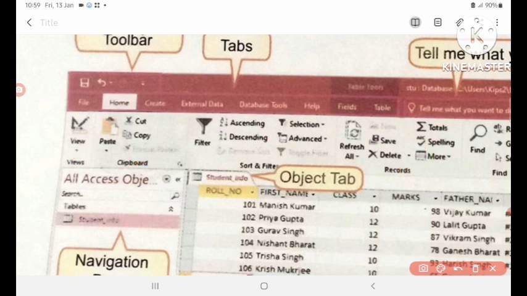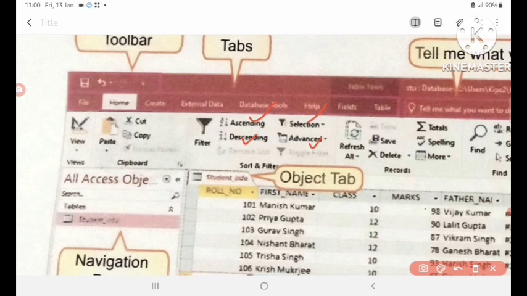Then where are the commands? In the Clipboard group you will see cut, copy, paste. These are commands. In Sort and Filter you will see commands: ascending, descending, selection, advanced. These are commands in the Sort and Filter group.